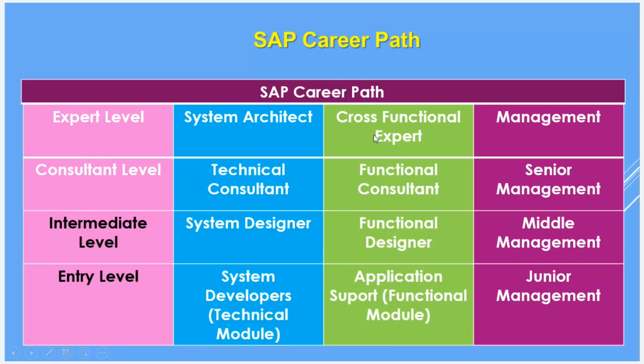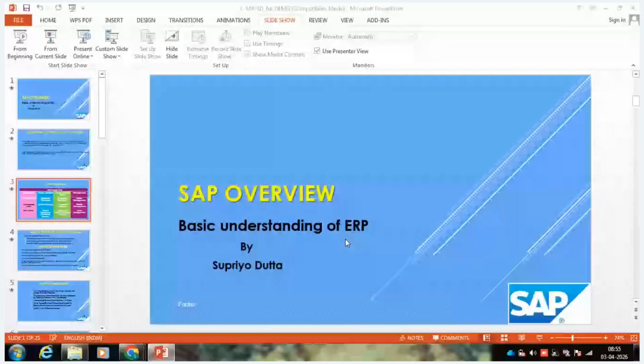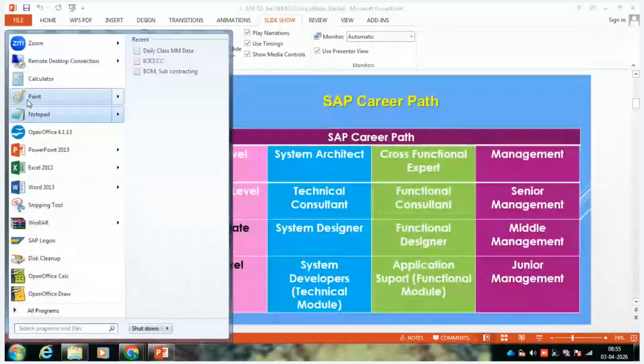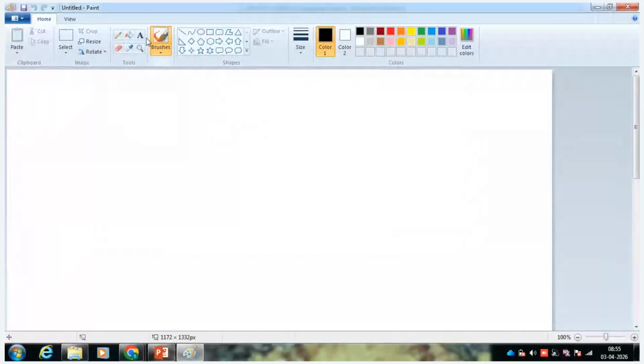Green side is cross-functional expert, functional consultant, functional designer, application support module. And this is management side: junior management, middle management, senior management, system management side. So this is basically the career path. So in SAP, we have two types of career path. I will just explain in that way. Let's take this one. So one is the